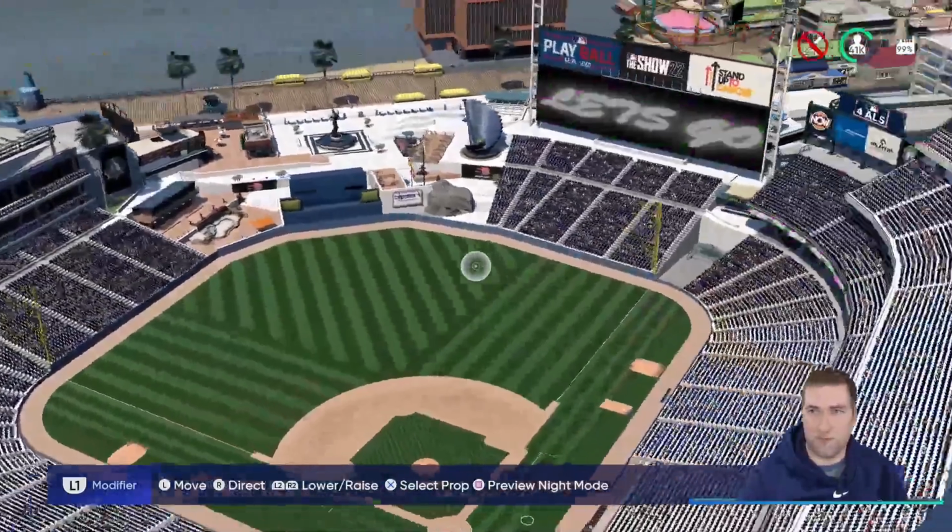So yeah. When it comes to stadium lighting,